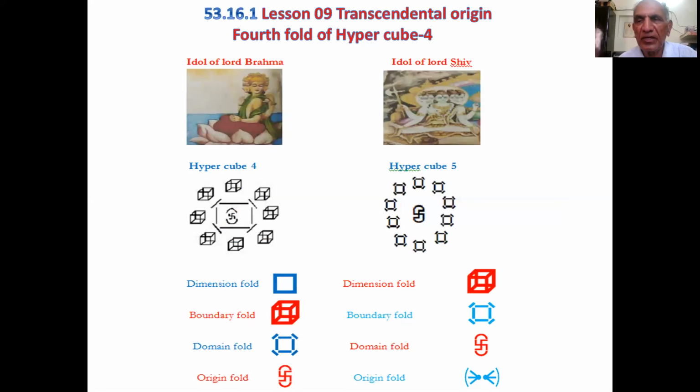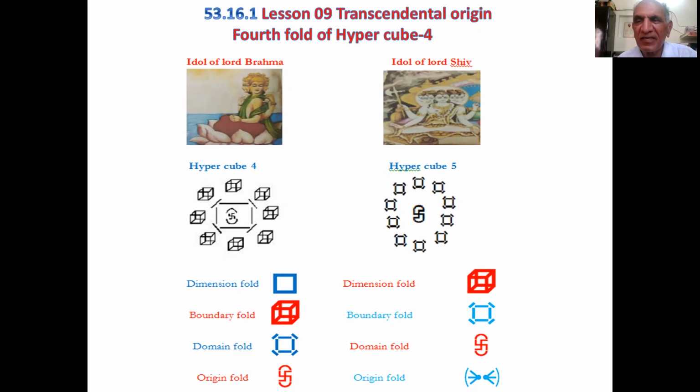Hypercube 4 is a fourfold manifestation layer. Its first fold is the dimension fold. It is of spatial order. Second fold is the boundary fold, and it is a solid boundary of 8 components. Third fold is the domain fold, and it is the creative domain. And the fourth fold is the origin fold. It is the transcendental origin. The transcendental origin itself, as 5-space content,